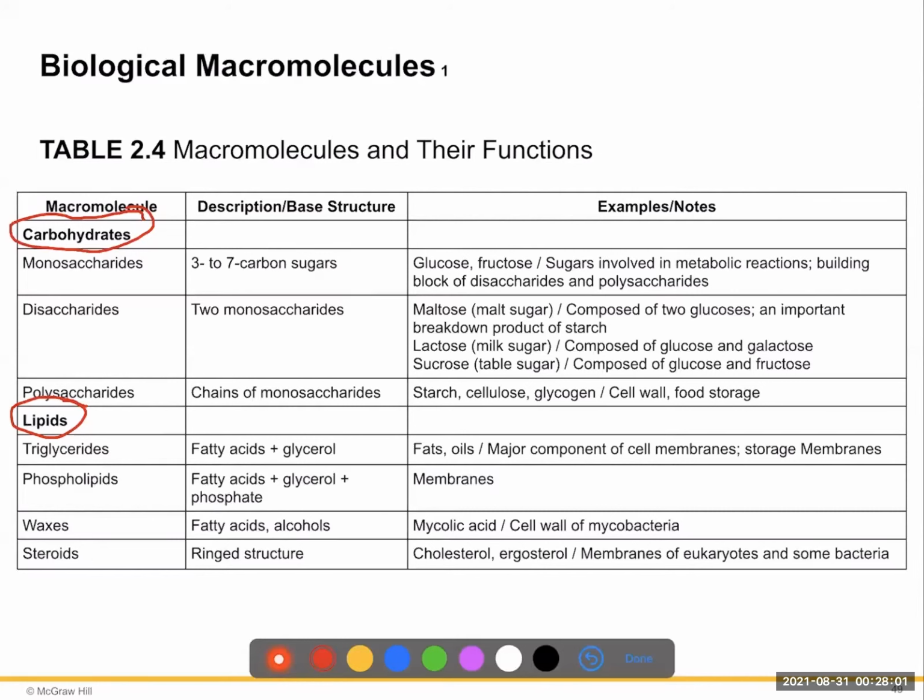And then we also have polysaccharides, which are large chains, not just 1 or 2, but hundreds or thousands, like starches or cellulose or glycogen. Okay. They're used in the cell wall, and used for food storage for energy. Those are long chains of monosaccharides. Okay. And we have